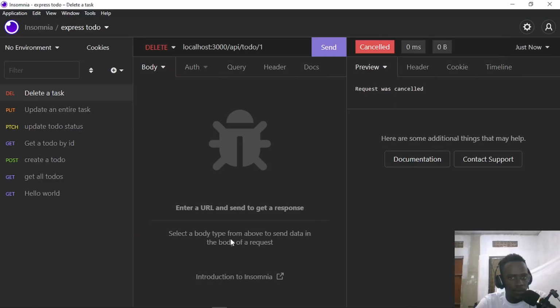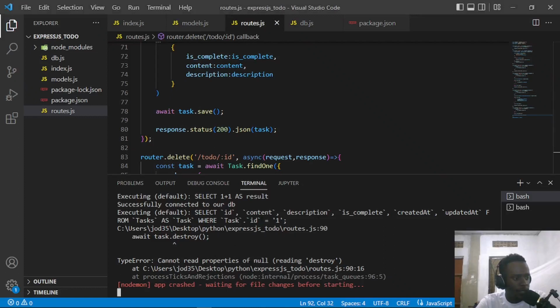So let us try to delete that specific task. We don't have any data for that specific one. So "cannot read properties of null", which means the task does not exist. But since the task does not exist, what we need to actually do is return a 404 status code in case we don't have it. So we're going to create some error handler functions, and what these are going to do is help us to basically catch these errors, or return a response in case we have an error on the server